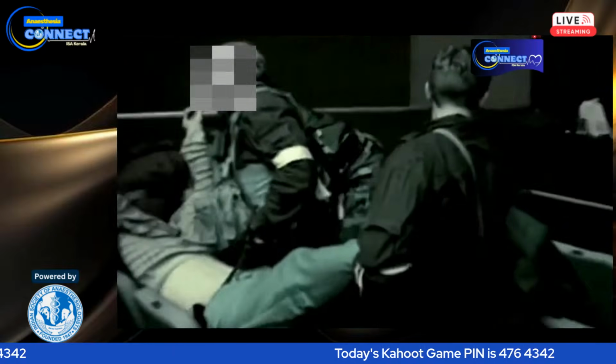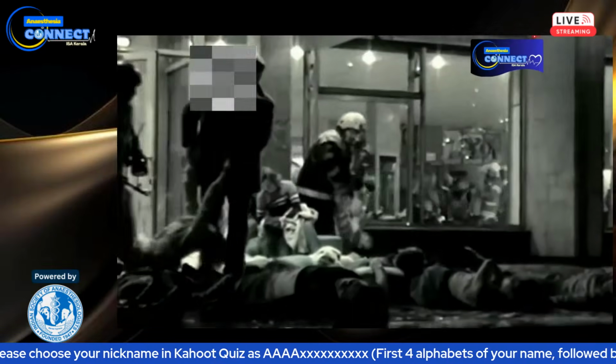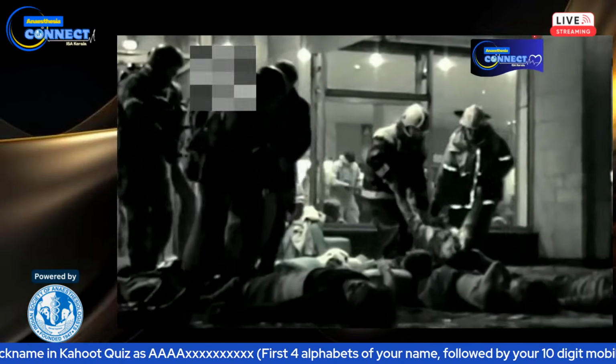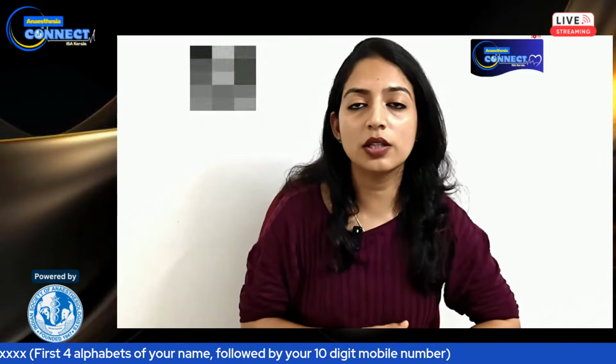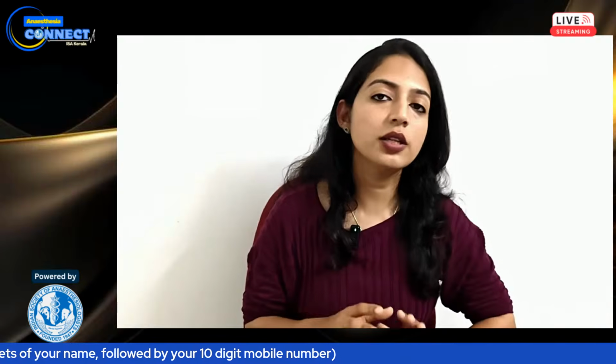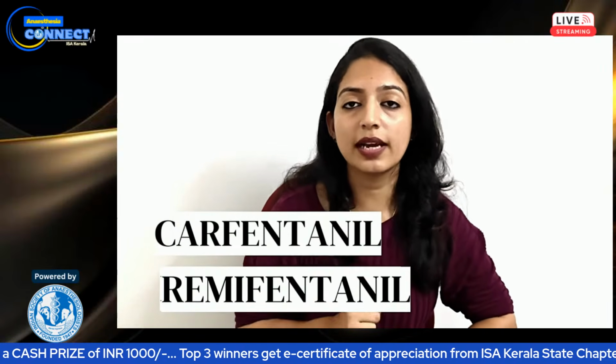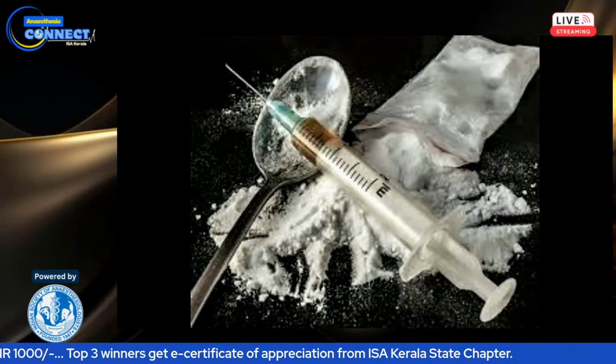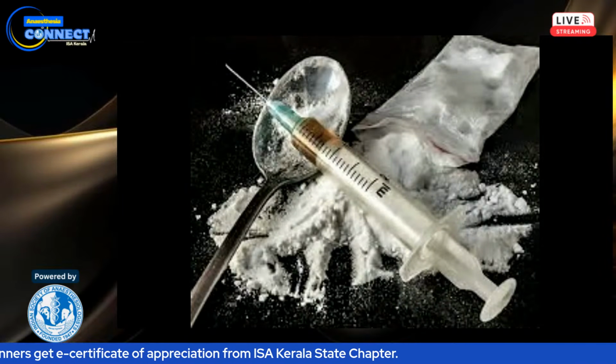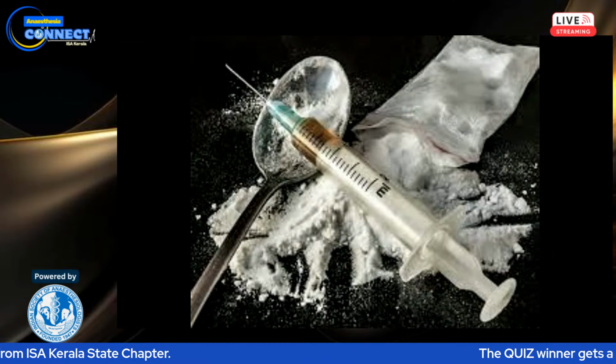So in the end, at least 125 of the hostages died, not from gunfire, but from the effect of the chemical agent. Years later, independent toxicologists analyzed clothing, biological samples, and personal items from survivors and the deceased. The findings were striking. They found traces of carfentanil and remifentanil used in the aerosolized form. The evidence strongly suggested that the aerosol was an ultra-potent opioid mixture likely dissolved in a volatile organic solvent to